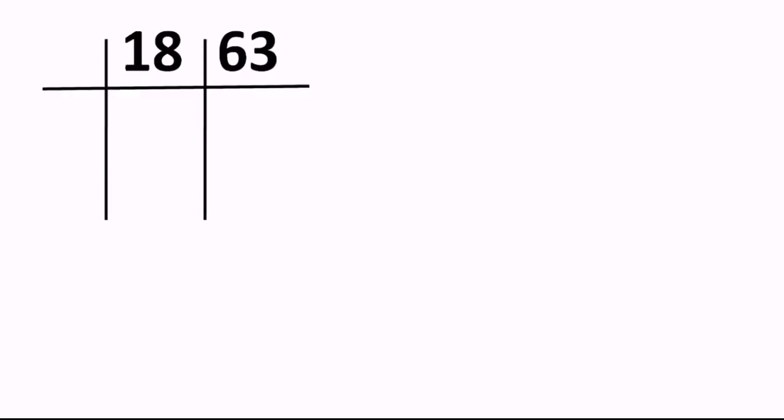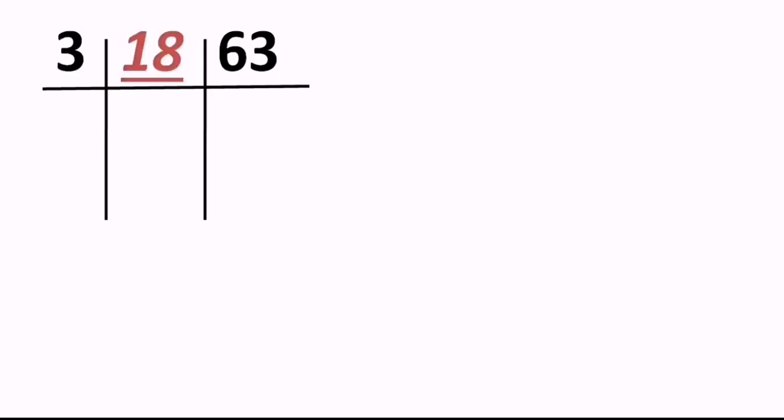Keep it in mind. So let's try one more sum. I mean to say, let's verify it one more time. Okay, numbers are 18 and 63. Very first, the way I told you, we will find LCM also, we will find the GCD also in the same table. Okay, so when you divide 18 and 63, both the numbers are divisible by 3, and I don't think I need to tell you why, right?